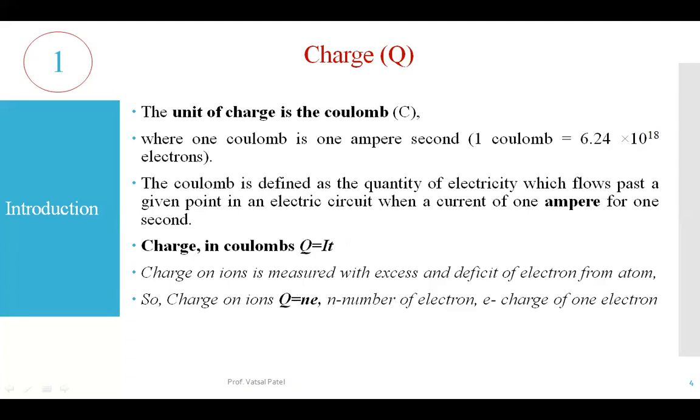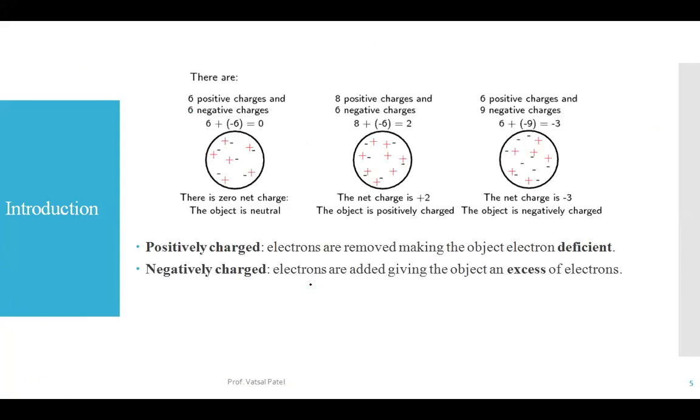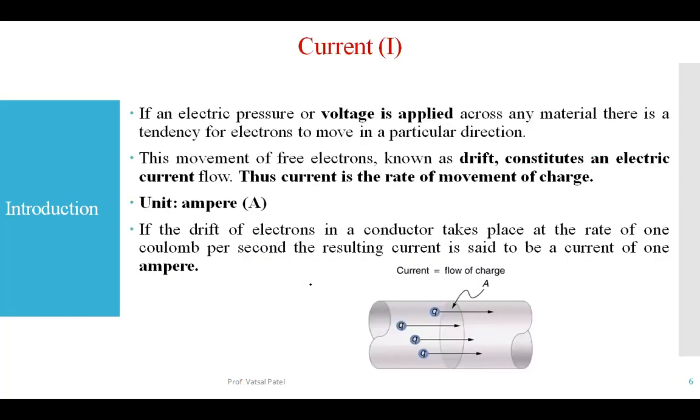We also saw how the number of electrons and the energy of one electron are identified from the charge equation, which is represented over here. So this is the charge definition, and I gave the example of what is positively charged and negatively charged over a conductor or a material. Then we discussed the current definition and how it is relevant to our charge.